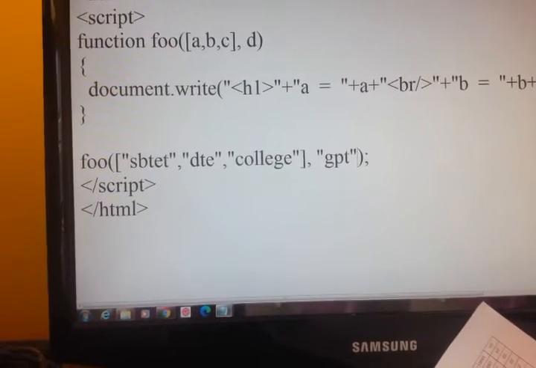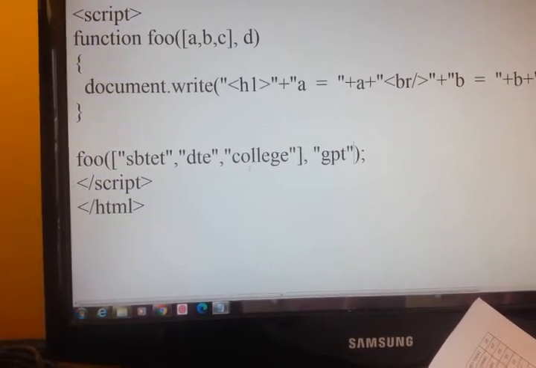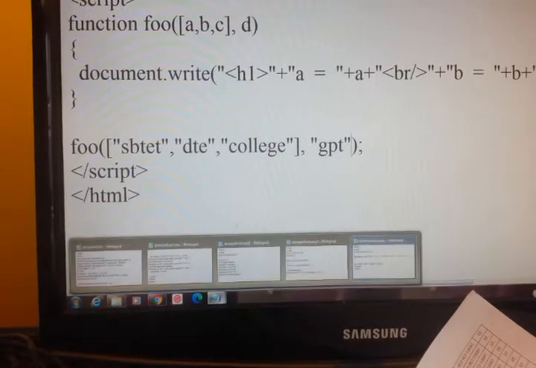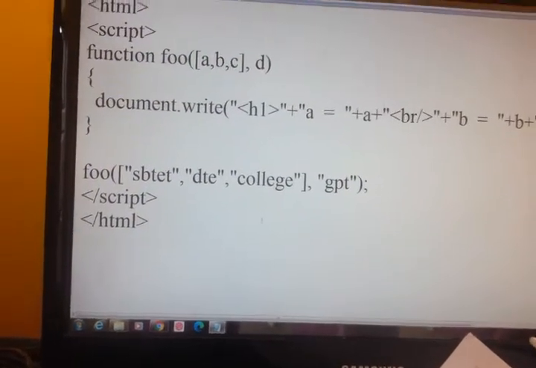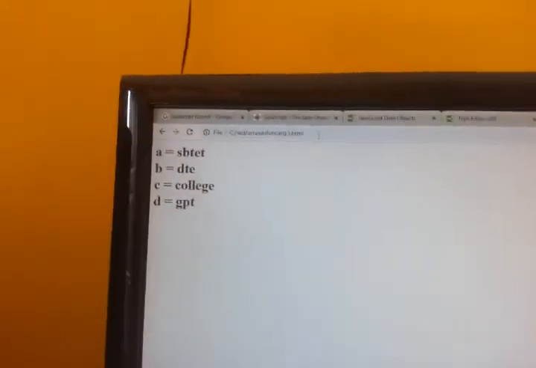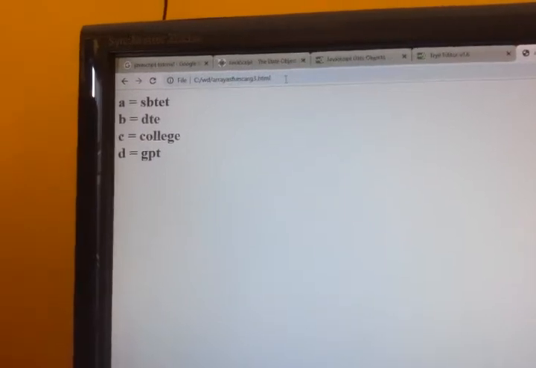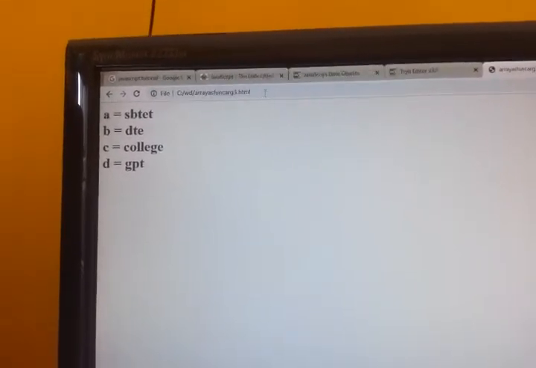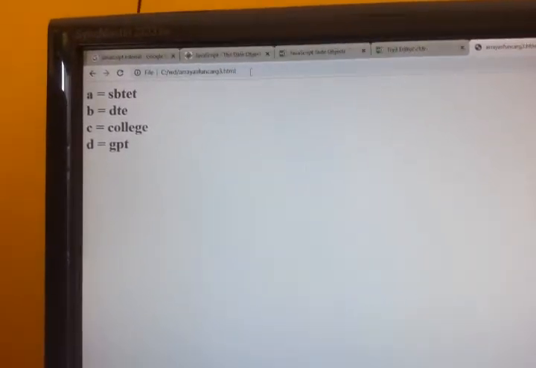So in the function call I have just changed the values. I'll save the program and go to the browser. Yes, it has taken A is equal to exhibited, B is equal to DTE, C is equal to college, and D is equal to GPT.